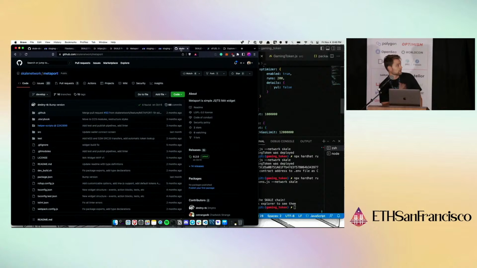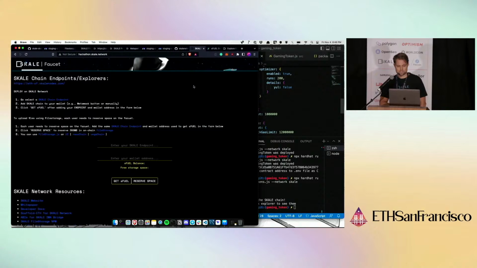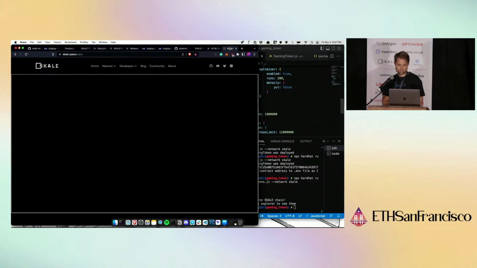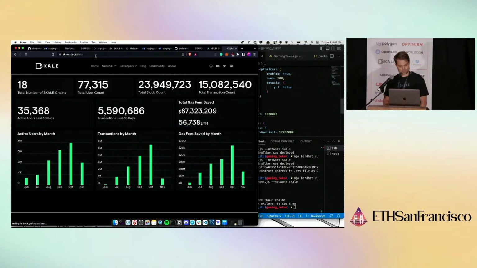Lastly, I just wanted to highlight the repo for the Metaport that you guys can use. And this is the hackathon SKALE.network that you guys can use here. Jace did a great job of just updating this recently. It just talks about deploying on SKALE, using file storage, and you just put in your endpoint there and your wallet, and you can get S-Fuel and reserve some space. And Sawyer, I don't want to steal your thunder. This is essentially moving over to you with the S-Fuel station,